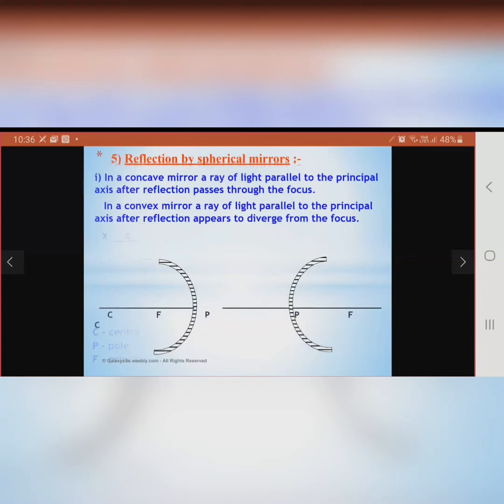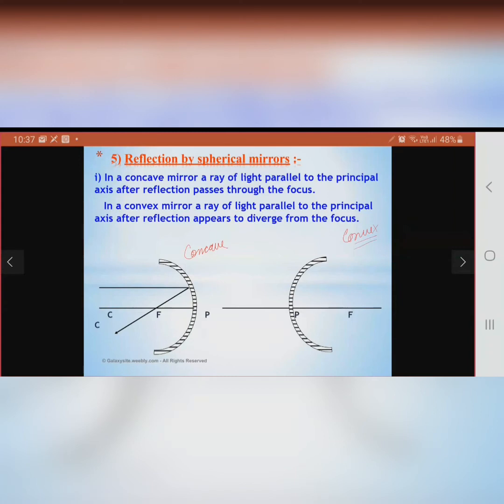Next, we come on to how the rays will reflect from a concave and a convex mirror. We have already seen the ray diagram, that it is as per a rule. We have mainly 3 rules which we follow to draw the ray diagrams. These rules are slightly different for concave mirror and for a convex mirror. So this is my concave mirror and this is my convex mirror.